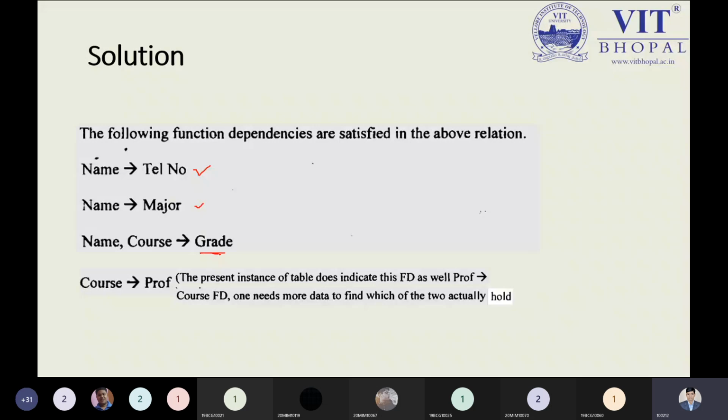Grade is an important point. Grade can be determined by two important attributes: the name and the course. Curly braces are an option, but we can write them instead. So now we are writing properly. You may also use curly braces to write the functional dependencies properly. Please keep these key terms in mind. It's optional, but if you want to use it, you can.